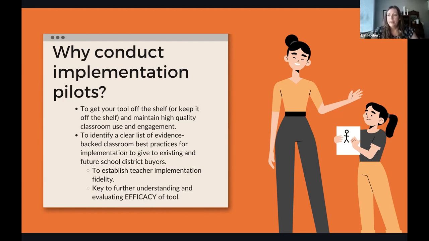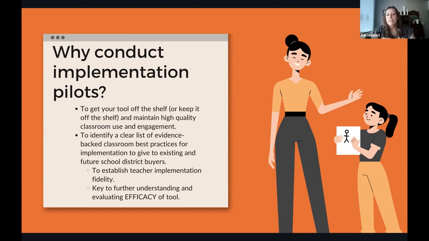What you can do with that then, and this is why it's really important, even just from a sales perspective, is that when you go to a new school district, you can say to the administrators or to the teachers, we've done research to find out how exactly teachers need to use it for there to be success, for there to be engagement. So you don't need to worry that you're going to spend all this money and then no one's going to use it, because here we have this evidence to show this is exactly how it needs to be used for there to be success.